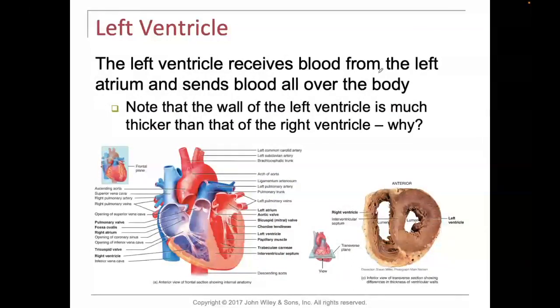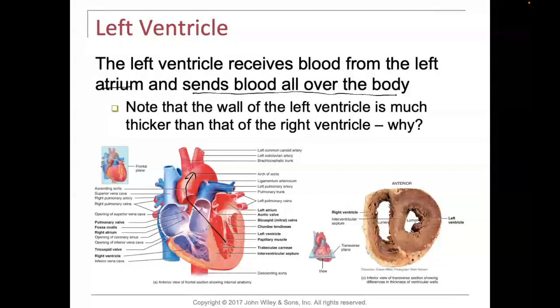The left ventricle receives blood from the left atrium, and after the atrium pumps blood to the ventricle, when that pressure builds and builds and builds, it's going to push it through the aortic semilunar into the arch of the aorta, and it's going to find a way to pump blood all over the body,